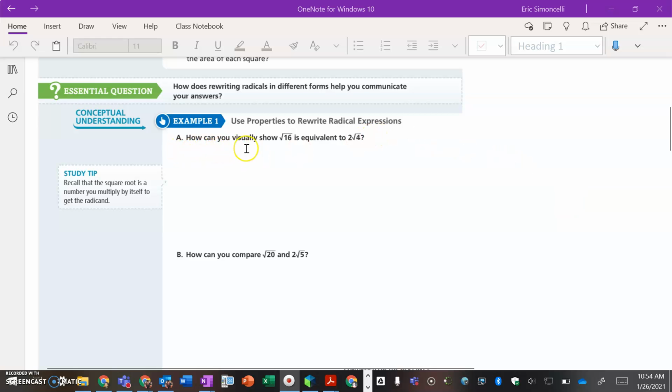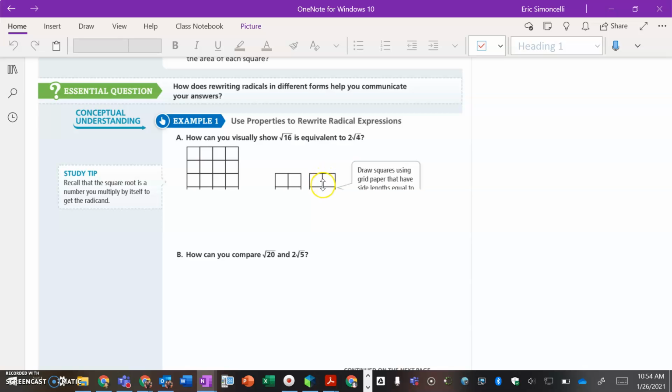How can you visually show that the square root of 16 is equivalent to 2 times the square root of 4? So let's take a look. As it shows here, we've got a depiction of a square system or grid. It does say draw squares using grid paper that have side lengths equal to the two radicals. Now, I don't necessarily think that you need to have grid paper to understand it, but it does work out